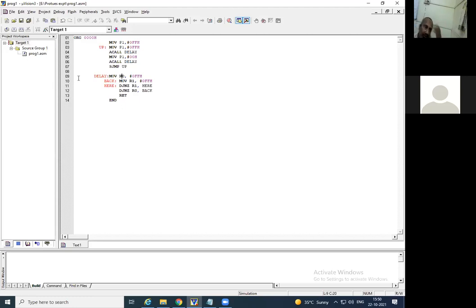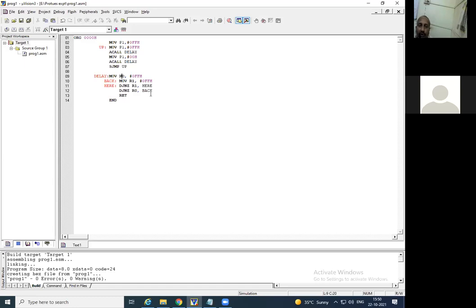Once it has been done, we have to compile this particular program. That means Build Target. Something is happening over here in this window, and you will come to know that it shows program 1, 0 errors, 0 warnings here. Just zoom in here a little bit, and you can check it out.